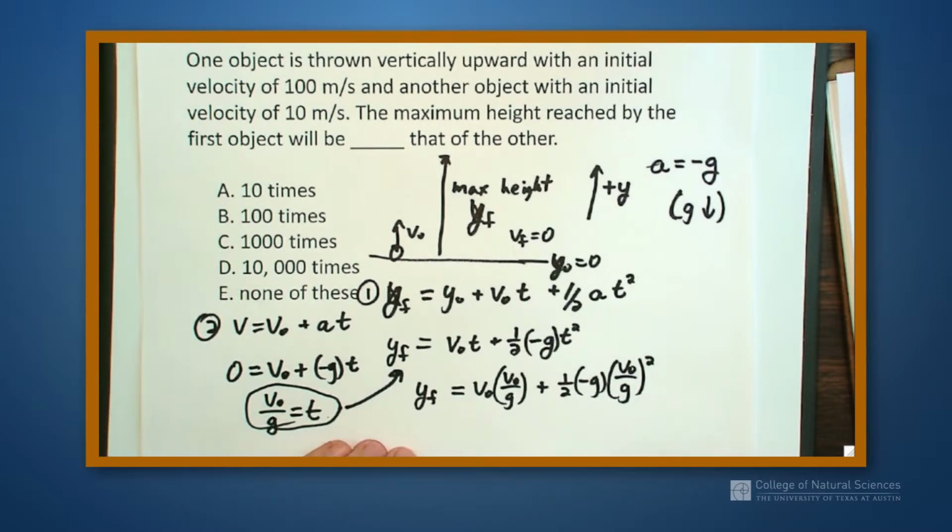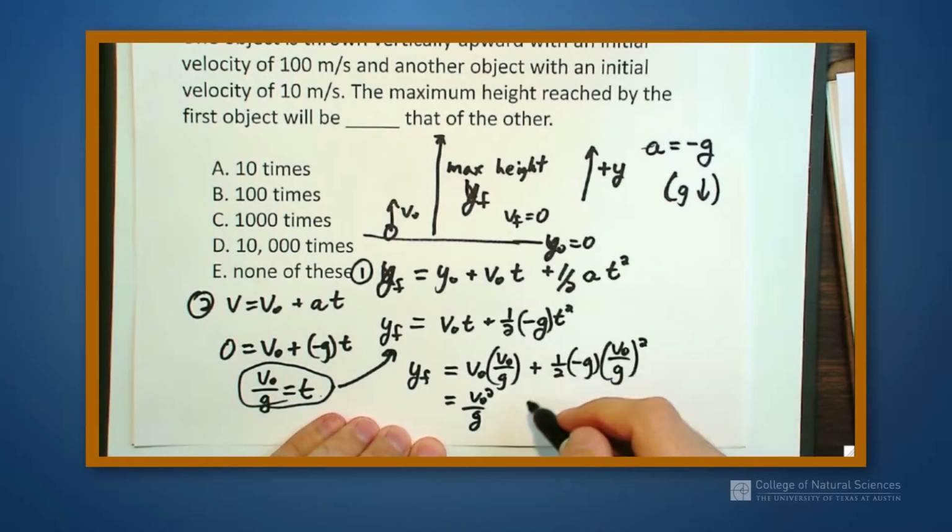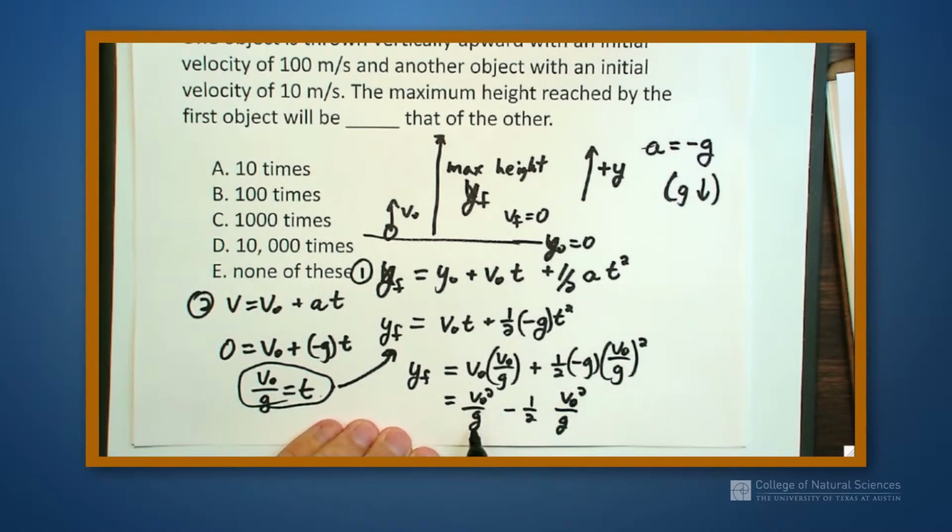And now I have to do some reducing. This is v naught squared over g plus, actually it's minus. I'm going to bring this minus sign outside, 1/2, I have a g squared on bottom. So I get a factor of g on bottom, 2 on bottom, 1 on top. It leaves me with 1 on the bottom. And I get this v naught squared on top. So I have v naught squared over g